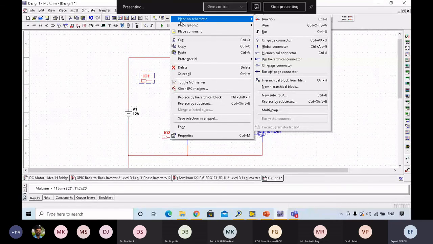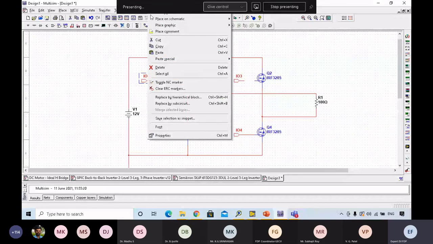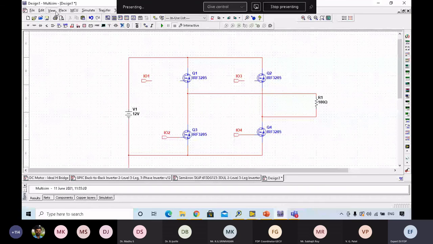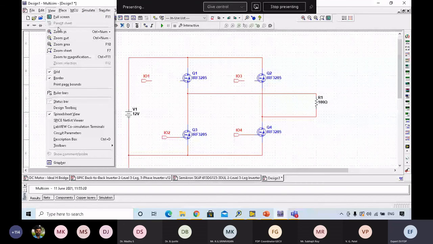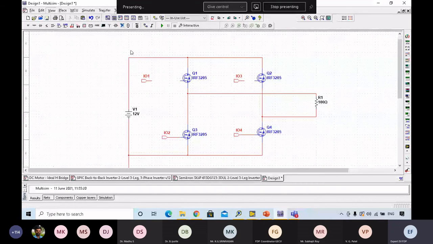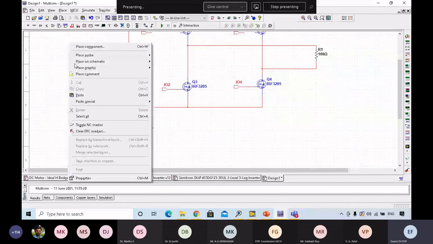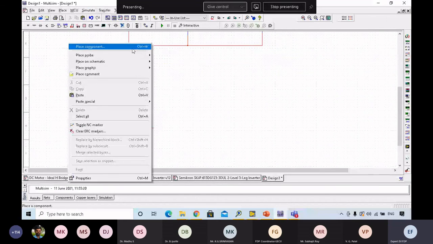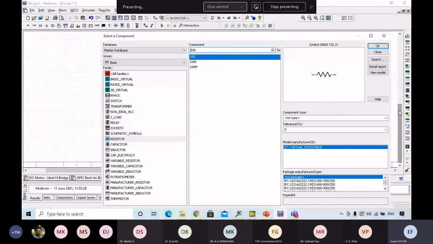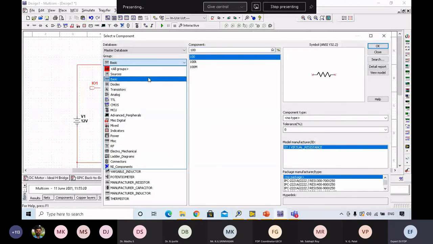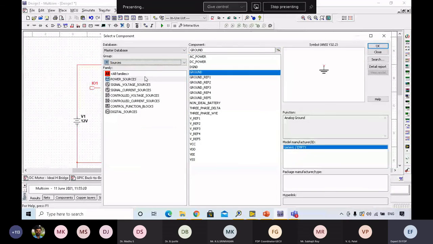I'll go for a PICO schematic. Okay, I'll right click, place component. Place component. I'll go to sources.